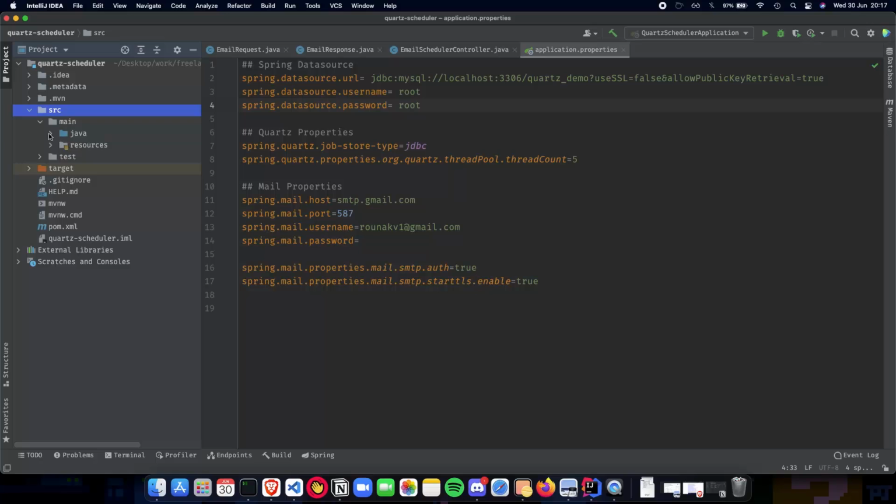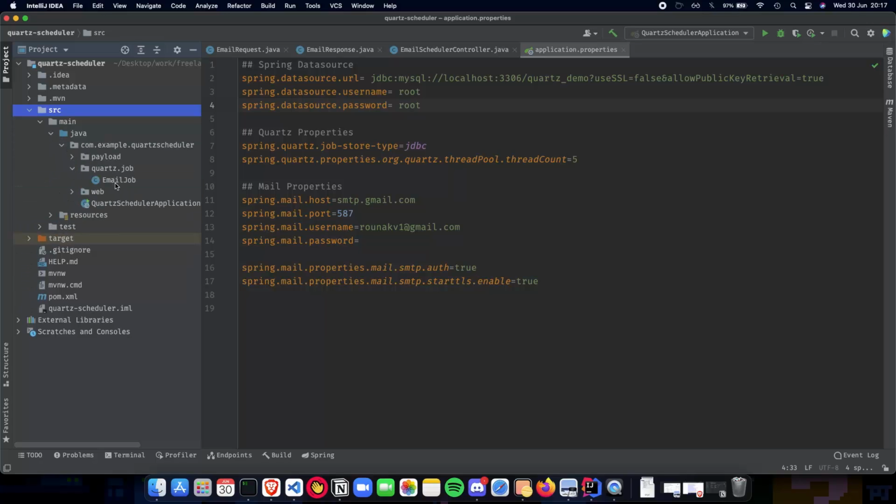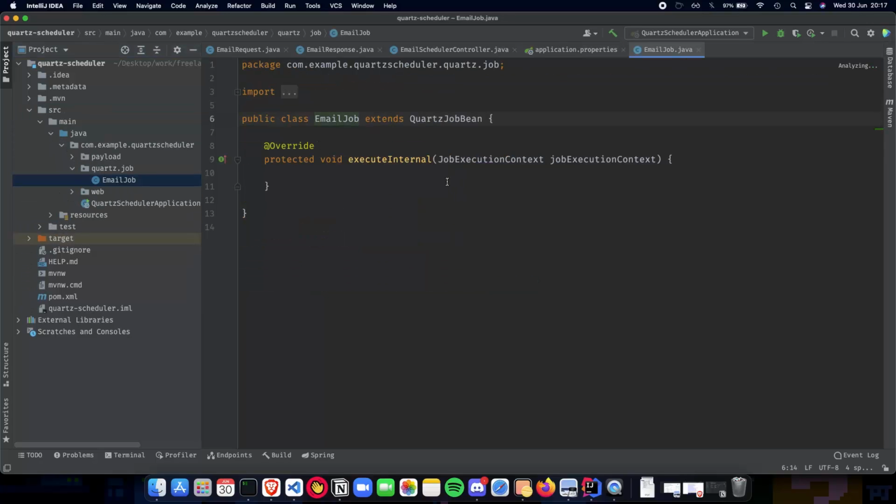So let me show it to you right now. We have an email job which we need to fill up. Basically, we need to tell the application what happens when a Quartz job gets triggered. When it gets triggered, it goes inside the execute internal method, and this gets invoked whenever the time comes to it. And then we use the job execution context to handle the things that happen around the Quartz application